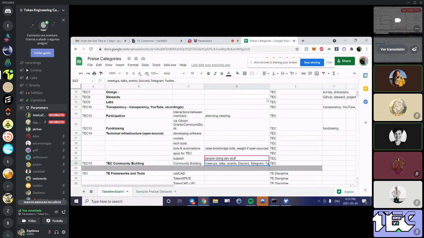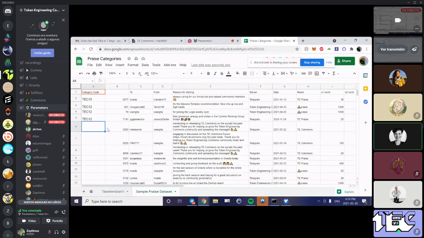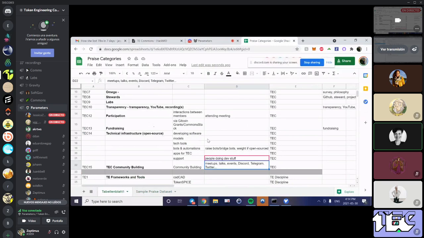Didn't we just say that we wanted to separate out the retweets and just the meeting attendance from the other things? I think retweets are more participation. All right, let's go this way. Then I deleted it from comms, because retweeting is different from writing an article. So I'm putting attending meetings and retweets under the participation bucket.